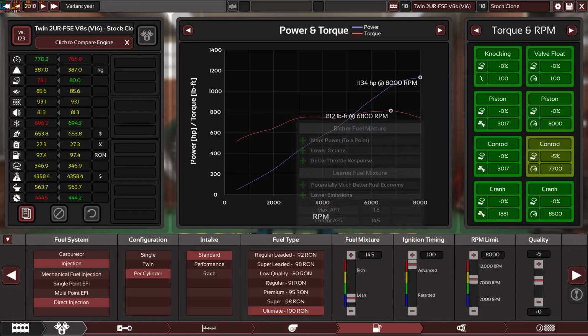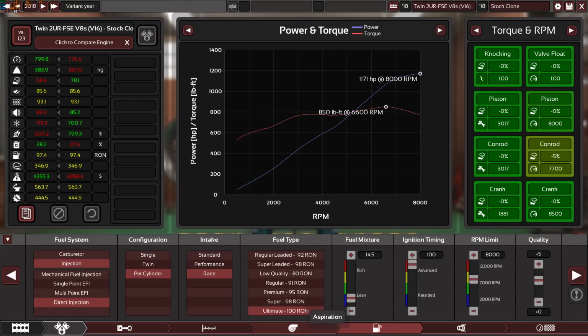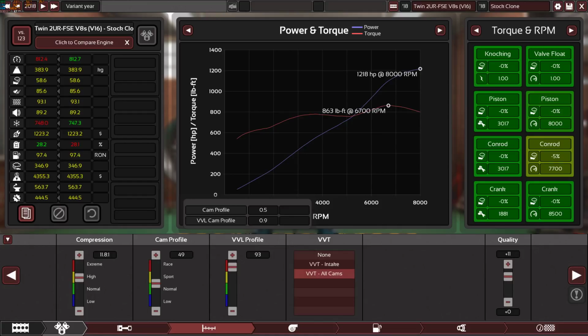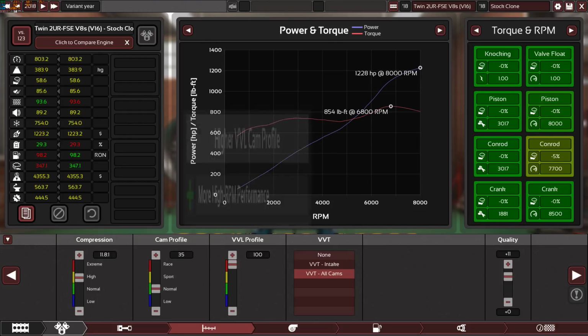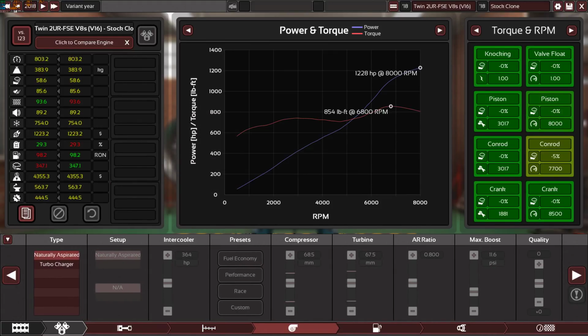Don't worry about this, I'm gonna fix it now. Put racing intake manifold. Let's see what else. The VVL profile, let's make it as aggressive as possible. Alright, so you can go actually maxed out, and let's go efficient. So this is as efficient as it will get. 35 with 100, it will get 29.3%. That's very good actually. I'm gonna keep the compression ratio the same because I don't want to open the internals,